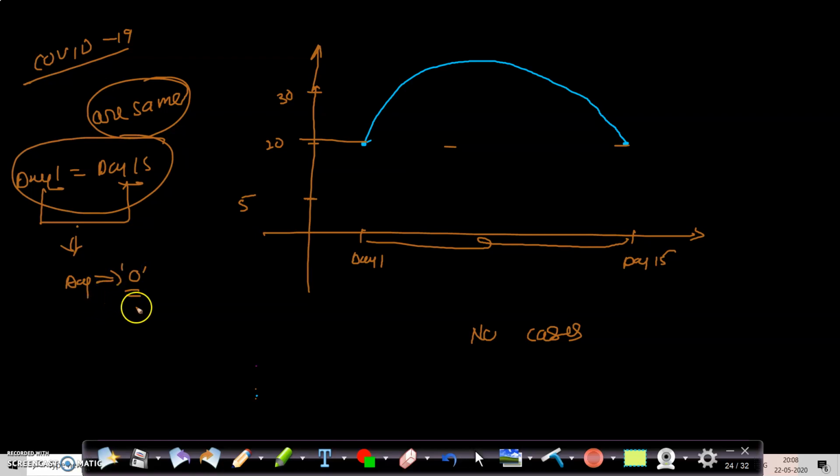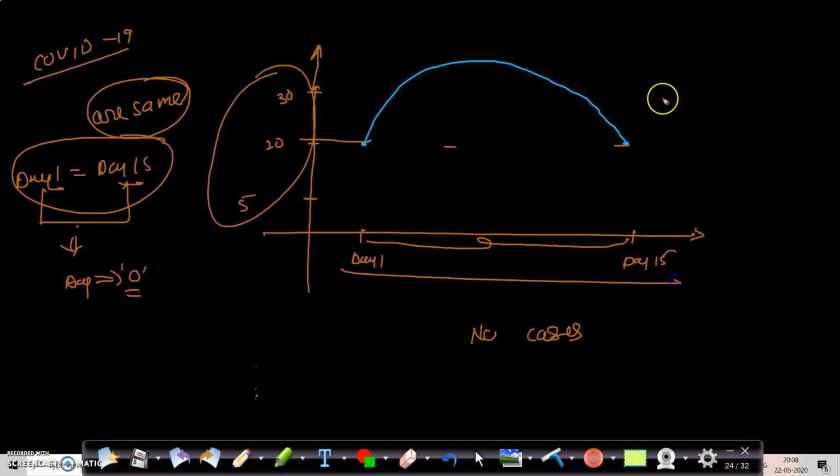Now we can use the concept of Rolle's theorem. I'm not saying that it's a final solution, you can use other solutions also, but I have used this to find out. We need to find the point between this and this. We need to understand the relation of this point. Suppose this relation is given by f of x. So what will I do?